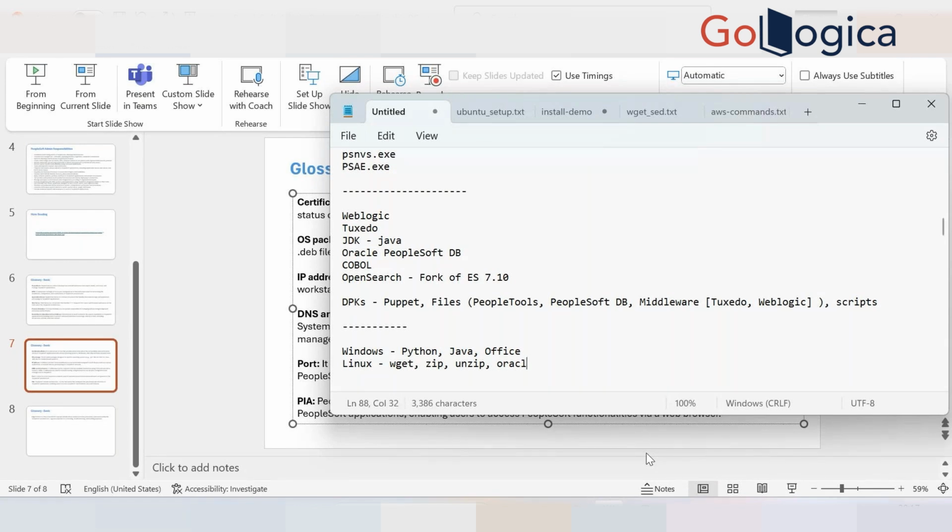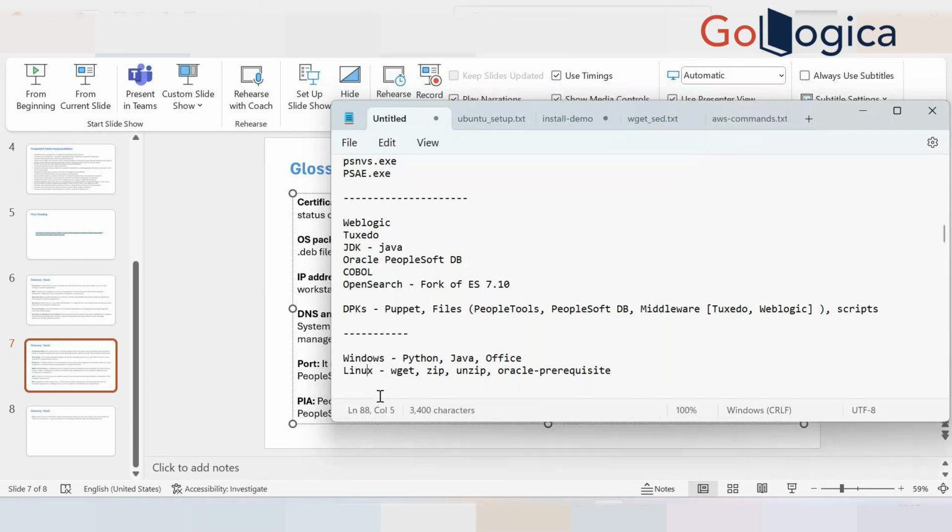So say Oracle prerequisite package, something like this. So the software bundles that you install on an OS is called an OS package. So when I say that, hey, one OS package is missing, wget is missing, install wget on a Linux server. You would have a certain command to install a package that we will see in the future videos, future sessions when we install PeopleSoft. So basically, any software you install on your OS is called OS package,